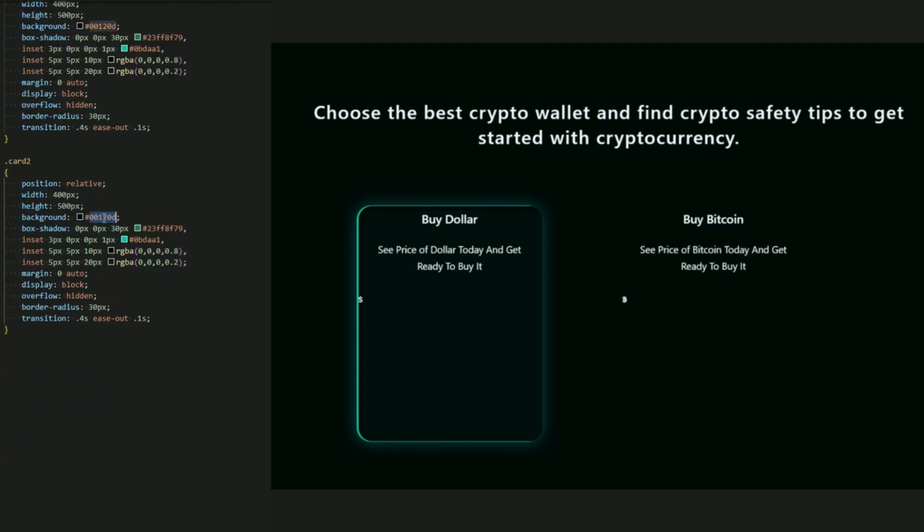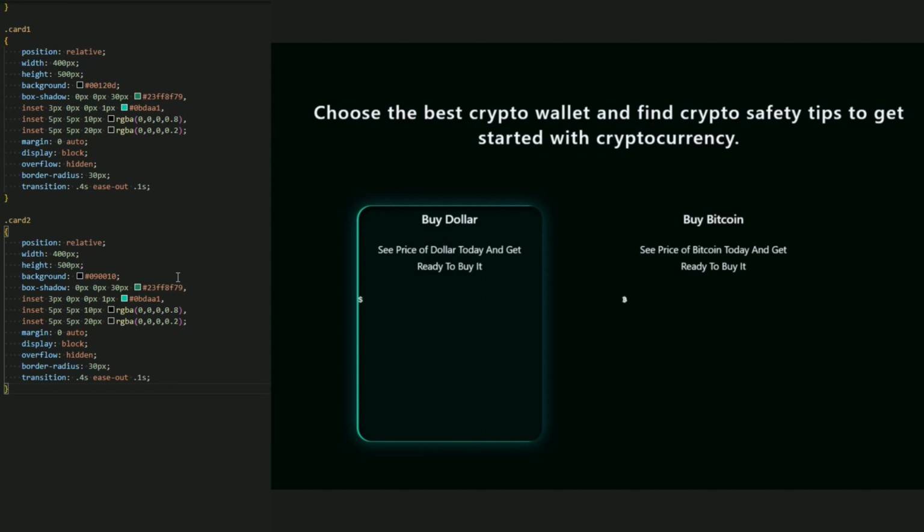Yes, let me just change the background. Okay, and I didn't change the color of this. I think I just let me change this color, guys.